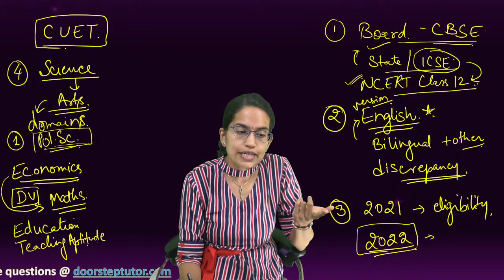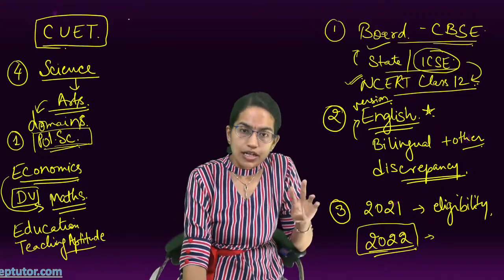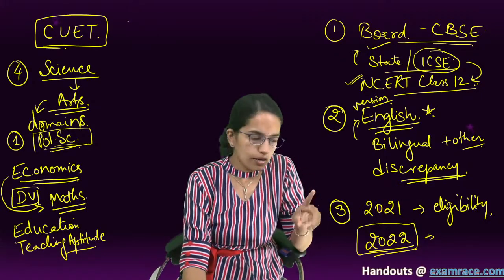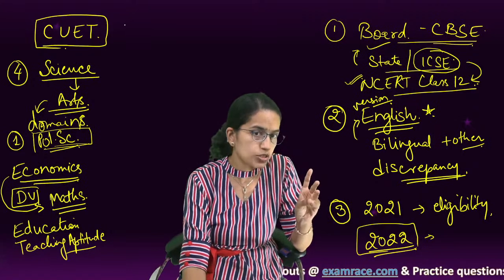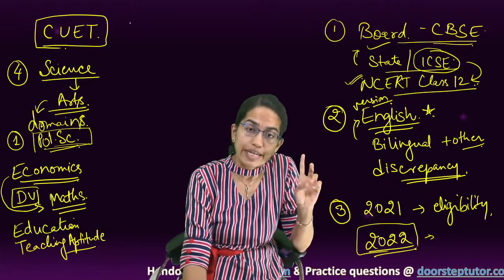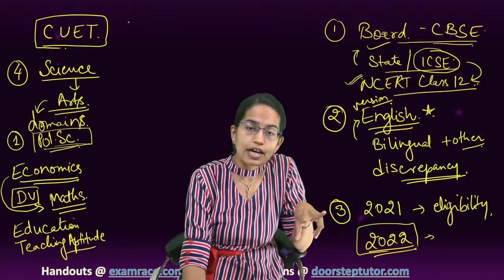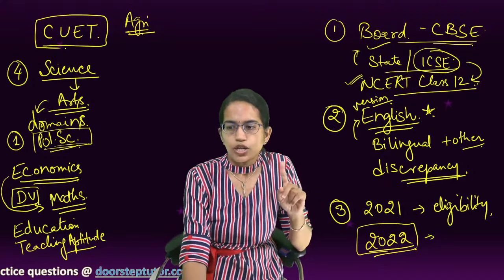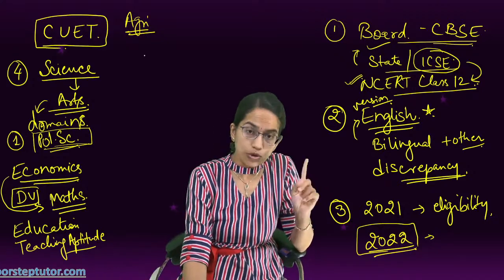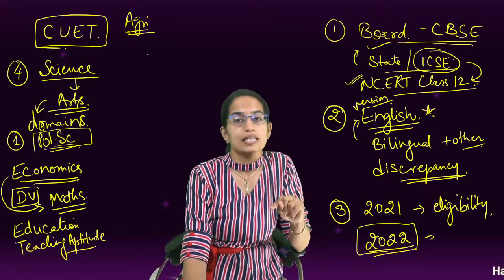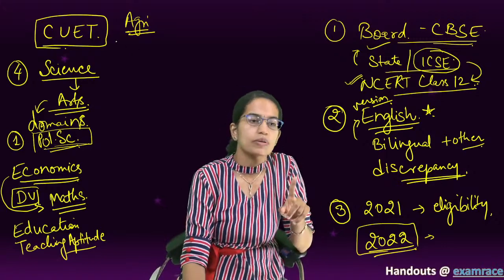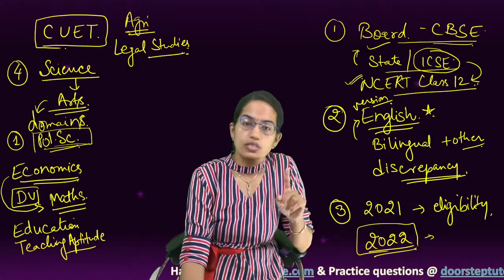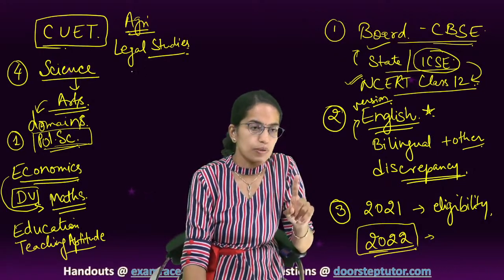If you want to do BSc agriculture, and there are two candidates with the same scores, let's say one has come up with normal physics, chemistry, maths, or physics, chemistry, biology, and the other candidate has come up with agriculture as one of the domains, and they are on a tie breaking, then the student with agriculture would be given a preference. So if you want to pursue your studies in agriculture, then agriculture should be one of your domains. Similarly, if you want to pursue legal studies, law or related concepts, then legal studies should be one of your papers.